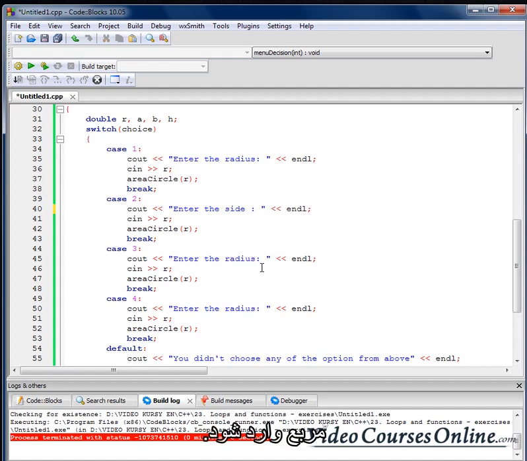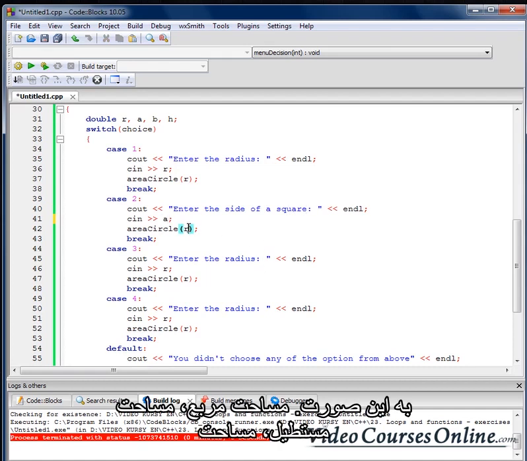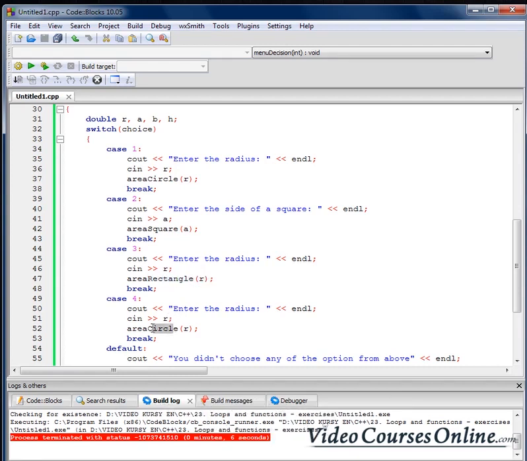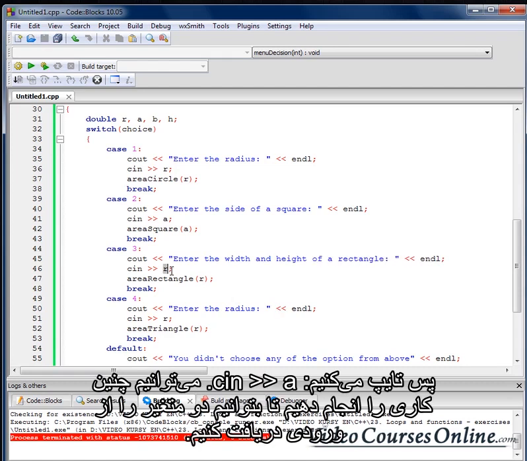side of a square, and like that, area of square, area of rectangle, area of triangle, enter the width and height of a rectangle, so cin A, and we can do something here like that, B, so we can get from the input 2 variables like that,